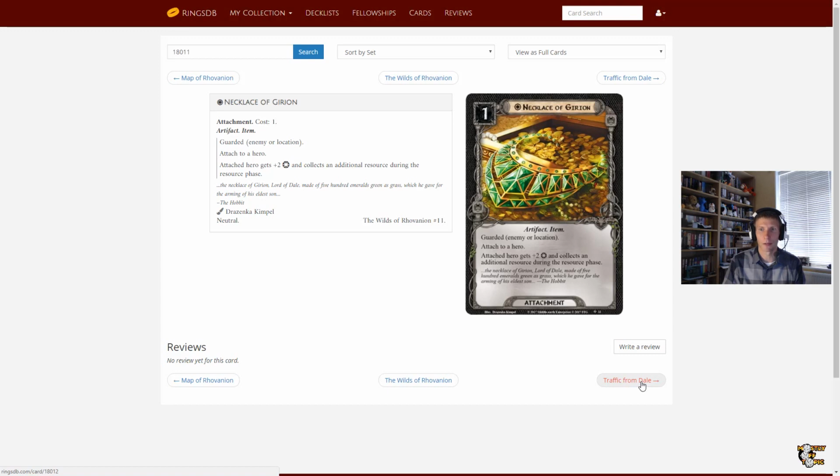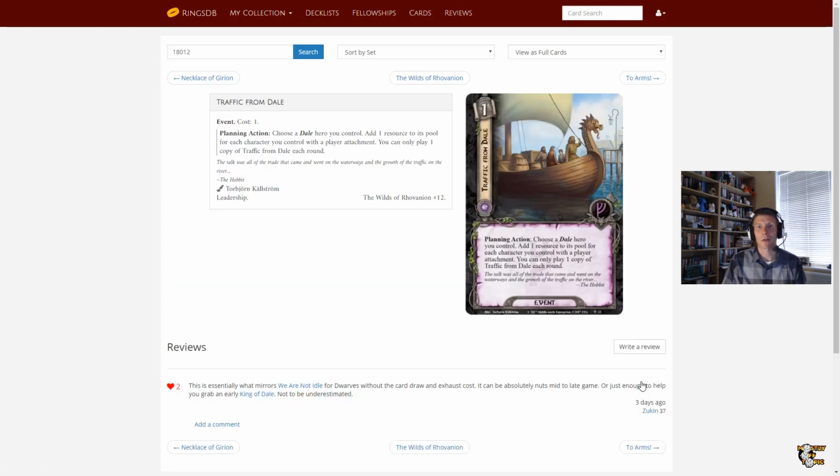Okay, so let's have a look at some of the events here. We have Traffic from Dale, which is a 1-cost leadership resource acceleration. You play it in the planning phase, you choose a Dale hero that you control. 1 resource is added to that Dale hero for every other character you control with a player attachment. You can only play it once per round. I think this is going to net somewhere between 2 to 3 resources. You're likely to have 4 characters out with attachments, so I think you're netting 2 to 3 resources each round,